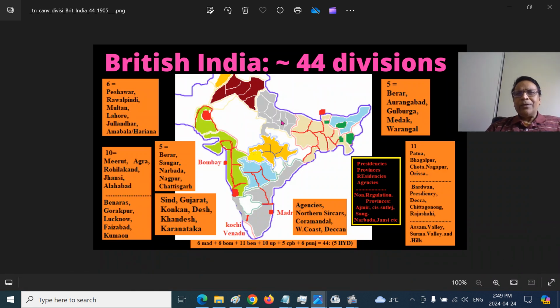The easiest way is this: in British India, at the time of post-Radcliffe, there were around 44 divisions. If you give 4 taluks each, it elevates to around 225 districts. If you give 5, 250 districts. That means around 300 districts existed at partition time. If you remember 3 or 4 taluks on those 300 districts, most of them are now elevated into districts.